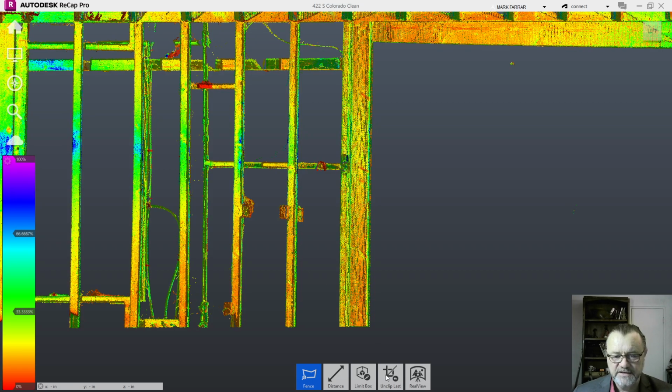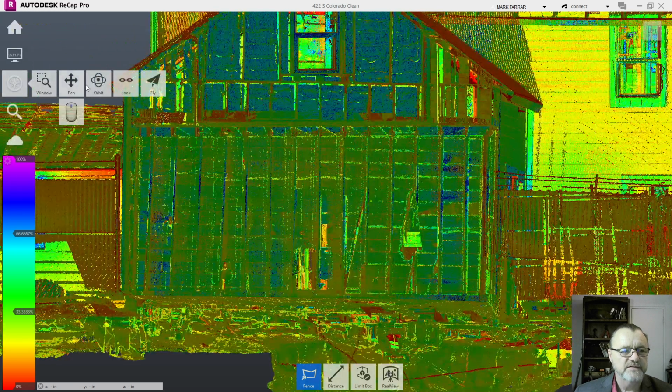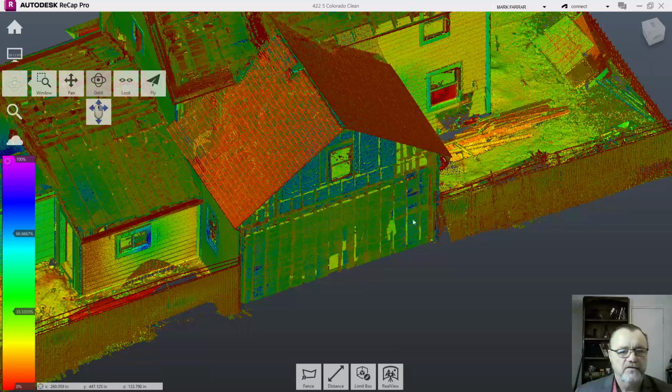Now you can easily make this limit box and go to reset, and it's just going to go all the way the whole model. And now I can say unclip all if I want, and nothing will be clipped. So now this is everything in the model as it sits right now. That wall looks like it's missing. And let's see, what do we got? I don't know why that would be. Hopefully I didn't just